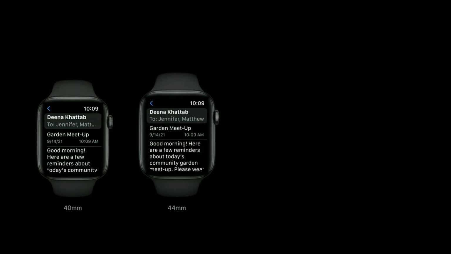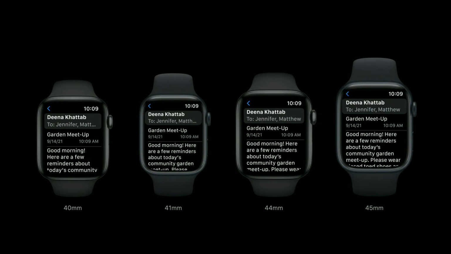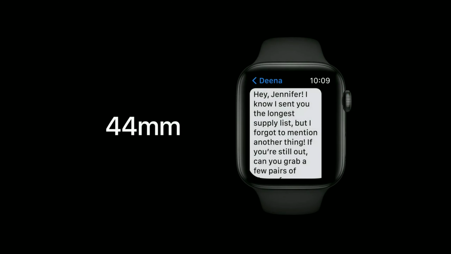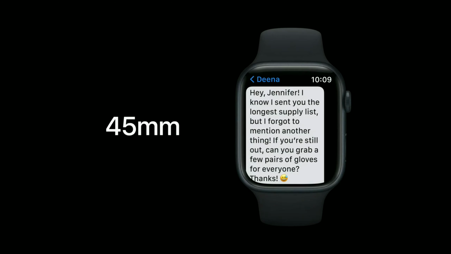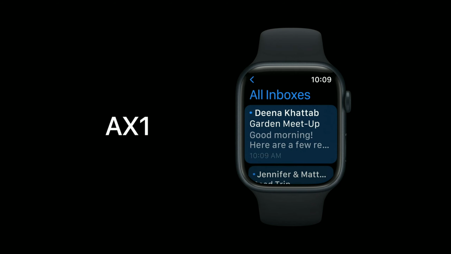In this next section, we'll discuss typography updates. Series 7 uses the same default type sizes as Series 6. Large for 40mm and 41mm, and extra large for 44mm and 45mm. As a result, we gain more character count than previous devices. We also use type to improve accessibility by adding 3 larger type sizes. Here's the Mail app at the default type size, extra large. And here it is at the new AX1,